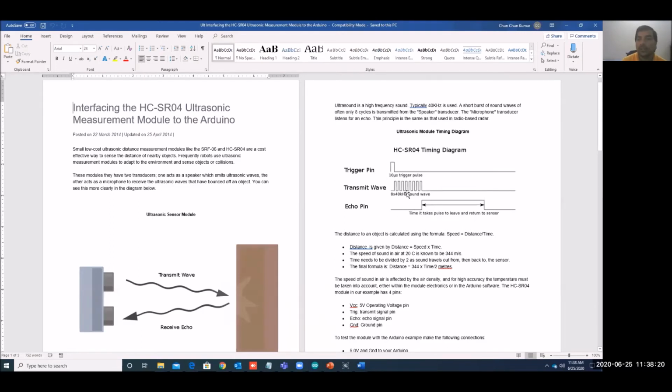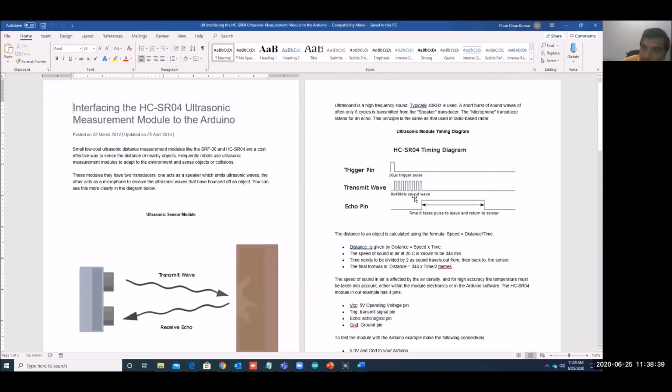Here you can see once the signal was transmitted, then it comes back. You will see it goes high when this pulse goes high. If it receives, then it will be high in the echo.